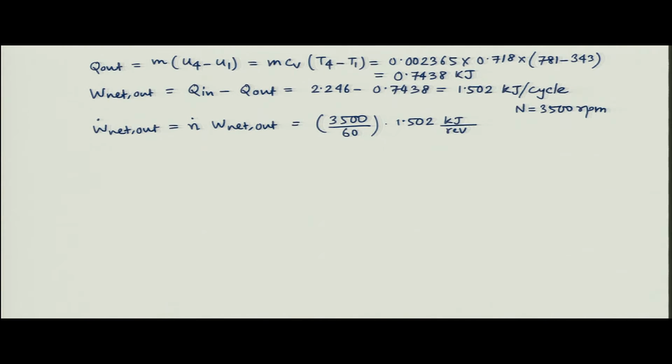Okay. So, it is a 2-stroke engine. For a 2-stroke engine, one thermodynamic cycle is equivalent to one mechanical cycle, so therefore we can write it like this. But if it is a 4-stroke engine, for every 2 revolutions there will be 1 power stroke, so you have to use 2 in the denominator here. That will be the difference. But it is a 2-stroke engine.